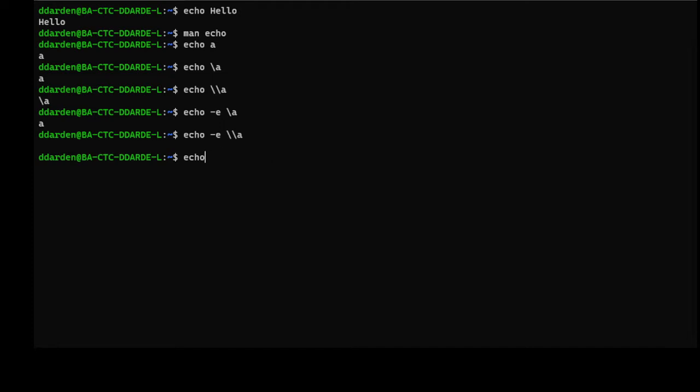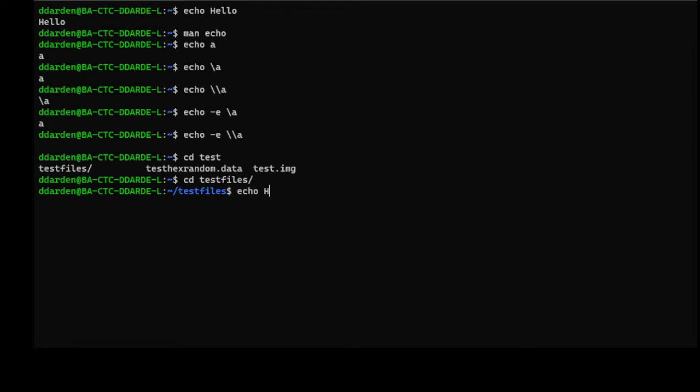First of all, I'm going to go into my test files folder. Now that's my shell autocomplete. I use a tab to figure out if that's what I really named that folder. I couldn't remember. So here's my test file folder, and I'm going to echo the word hello to